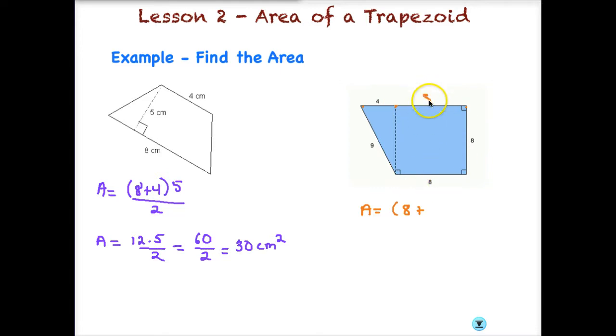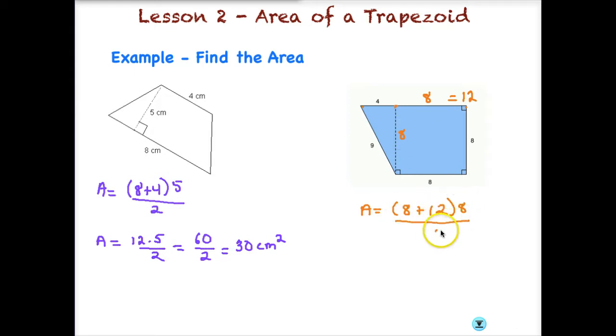So this is also 8, which gives me a total of 12. So my other base is 12. My height, do I know my height? Here's my height, right? But there's no measure there. But again, notice that this is a square in here. So every side length is the same. This is going to be 8, and this is 8, and this is 8, and this is 8. And you can tell because this side is 8, this also represents my height. So the height of this trapezoid is going to be 8